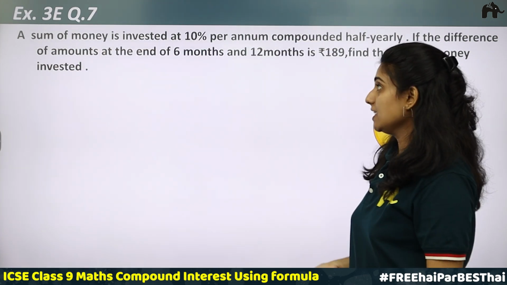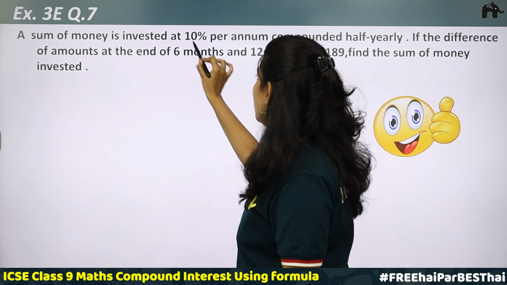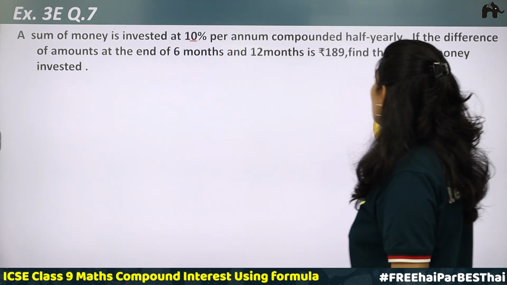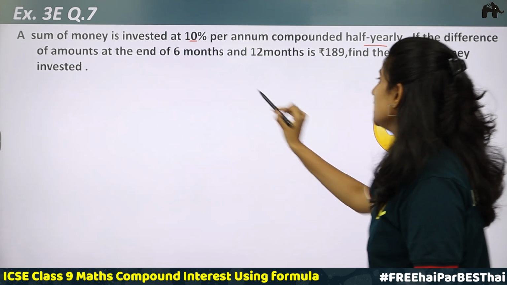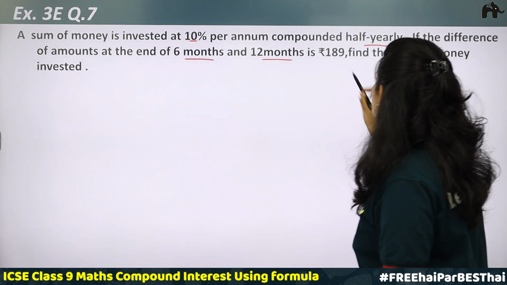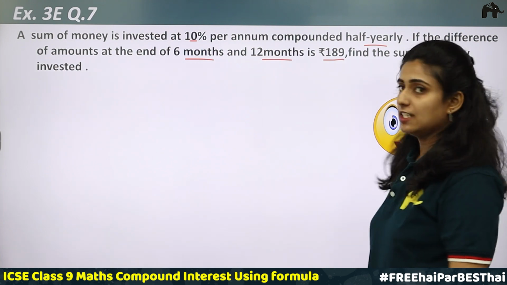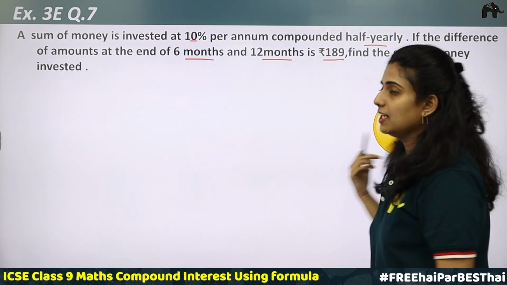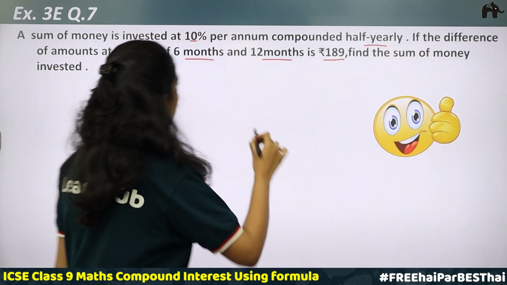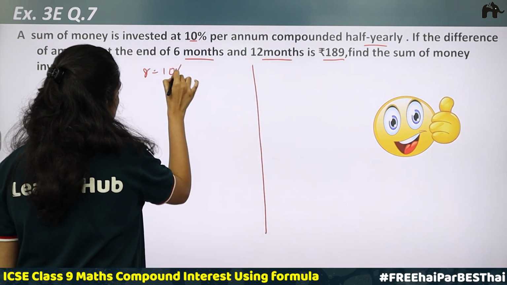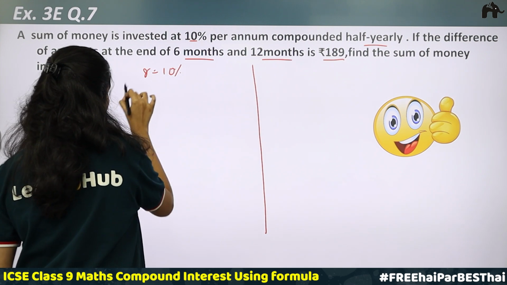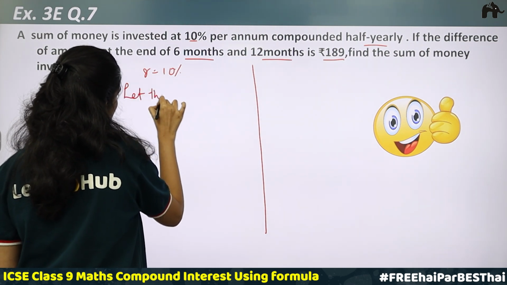Question 7 of exercise 3E. A sum of money is invested at 10% per annum, compounded half yearly. If the difference of amounts at the end of 6 months and 12 months is rupees 189, find the sum of money invested. So here you are given the rate of interest R is equal to 10%. We don't know the sum, therefore we'll take, let the sum be